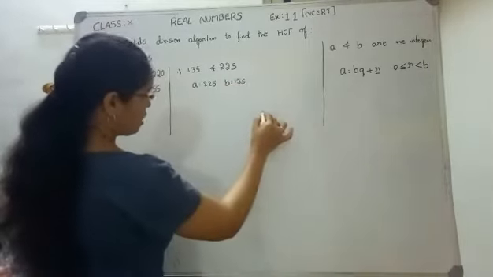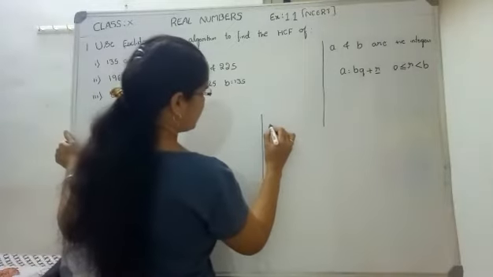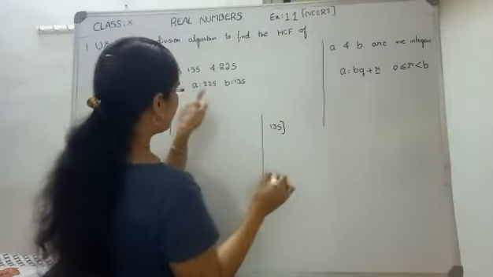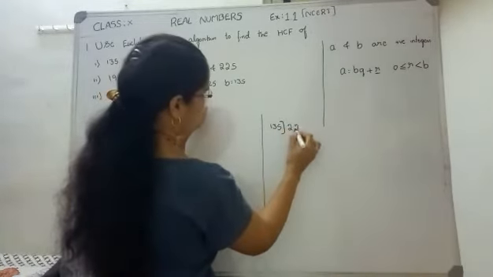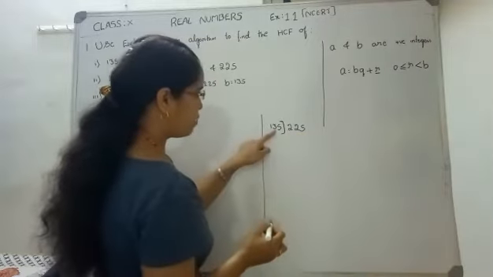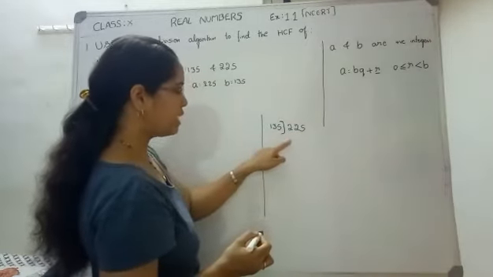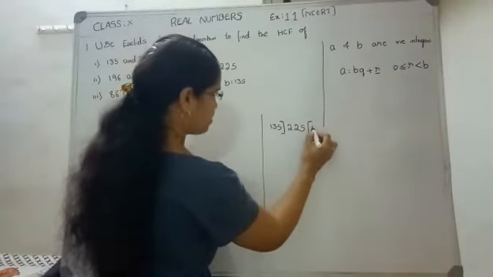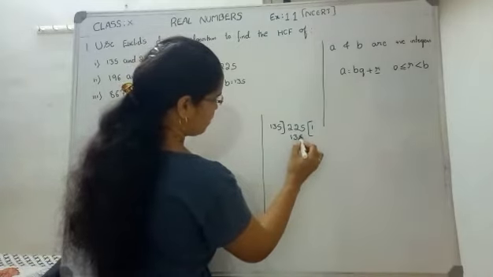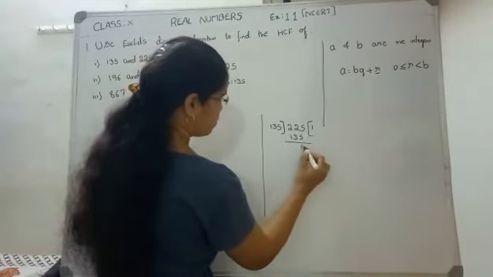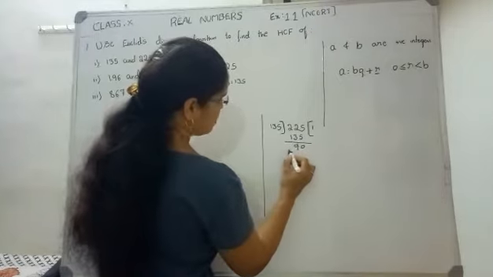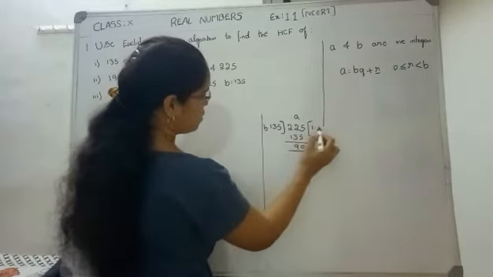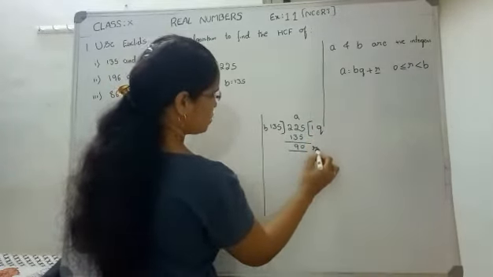Here by the long division method we are going to find the HCF. 135, the smaller number, consider it as divisor and the greater number as dividend. 135 2s are 270, that is greater than 225, right? So here we consider 135 ones are 135. 5 minus 5 is 0, 12 minus 3 is 9. See, in this case this is a, this is b, this is the quotient, and this is the remainder.